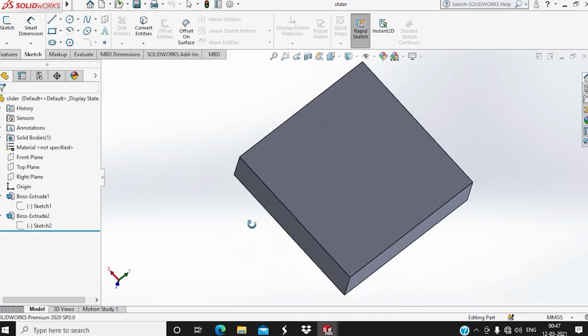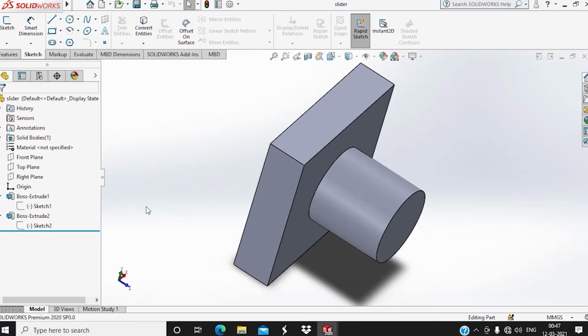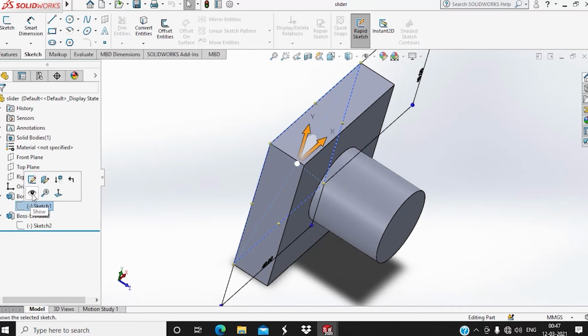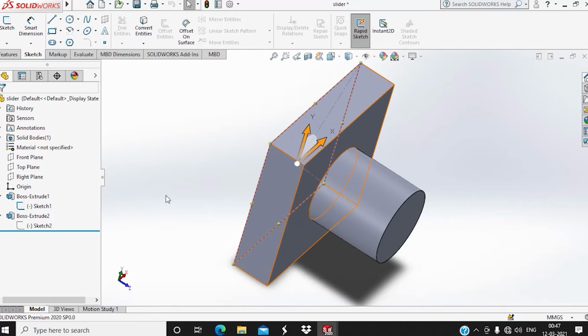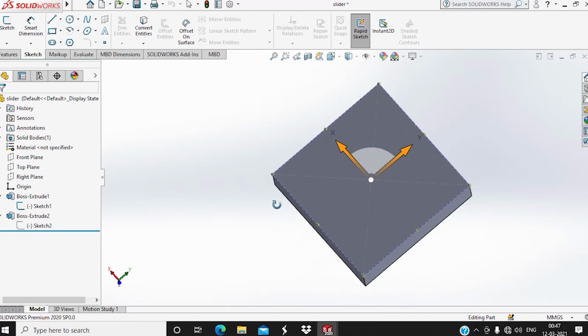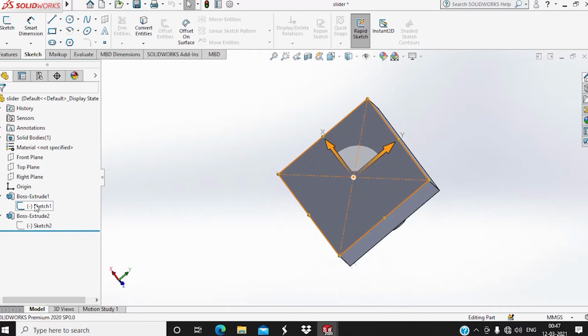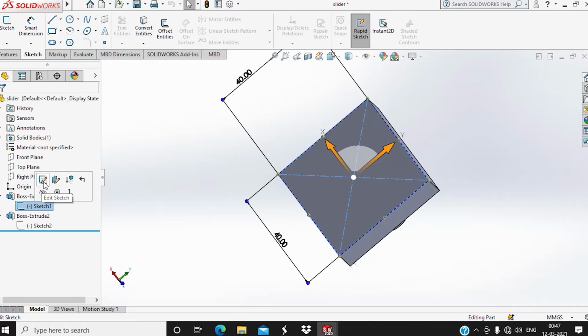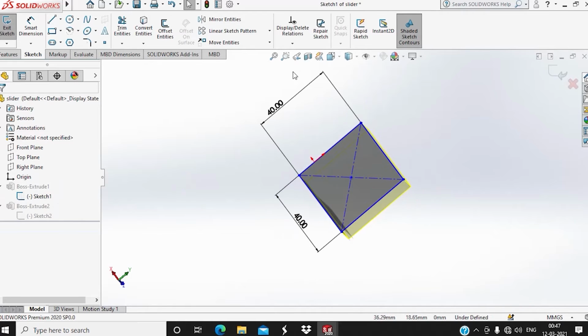Now the sketch is invisible. If you want to make it appear, click on the sketch and click on the show icon. Now the sketch is visible. Next, if you want to edit sketch, click on sketch and click on edit sketch. Here we can change dimension. After changing the sketch, click on exit sketch.